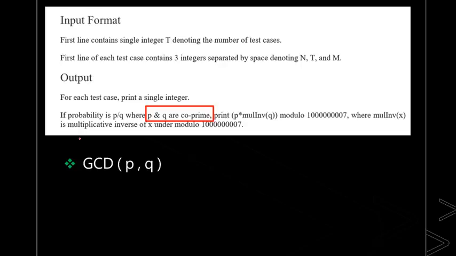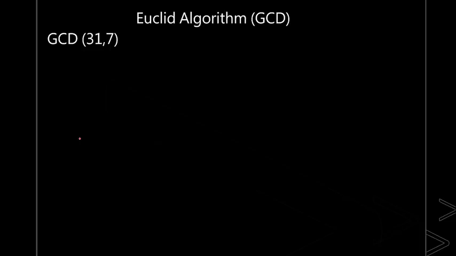So how will you calculate GCD of P and Q? Don't use the naive algorithm like dividing by each term and finding out the GCD. Generally in maths, you'll divide using the long division. In this case, don't use the long division. I'll tell you a simplified efficient solution. This algorithm is called the Euclid algorithm. Euclid algorithm is specifically known for finding the GCD of two numbers.